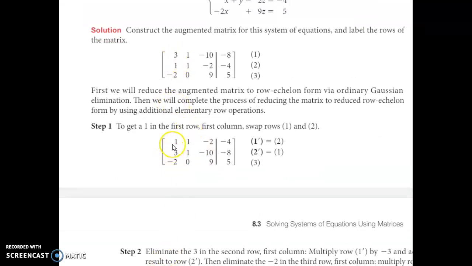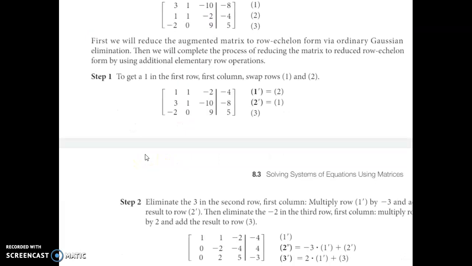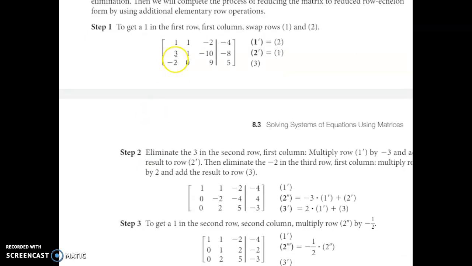So it's swapping here the first with the second row. That's not necessary. However, in this example, they do want the 1 right there because it's already there. So might as well push it up by swapping the first and the second row. All right. Then introducing a 0 right here and a 0 right there. In order to do that, they actually do 2 steps at once. They multiply the